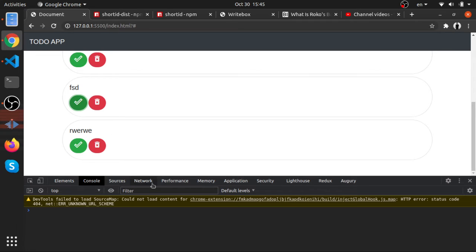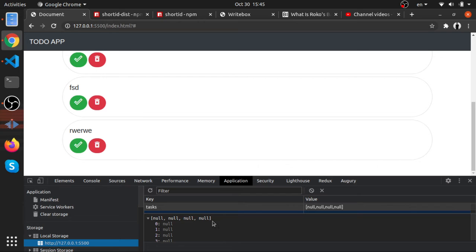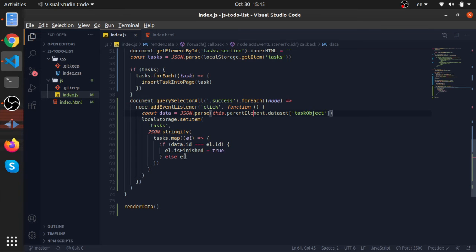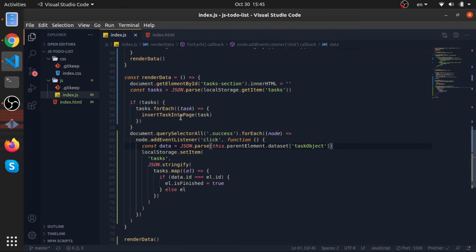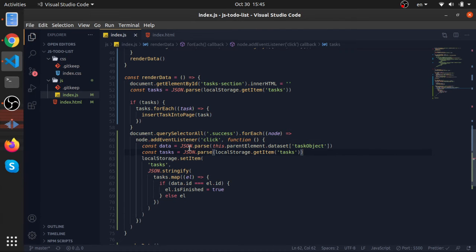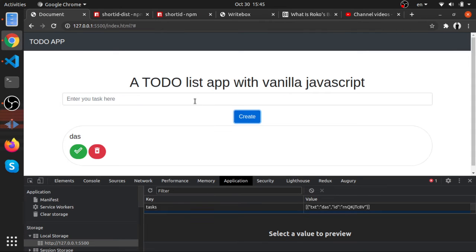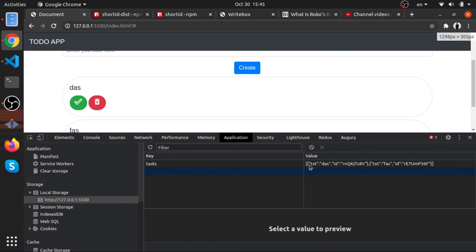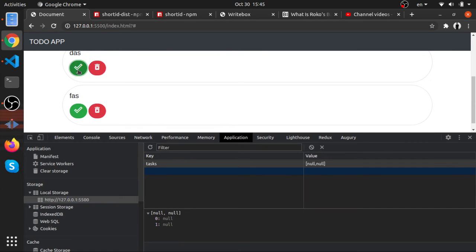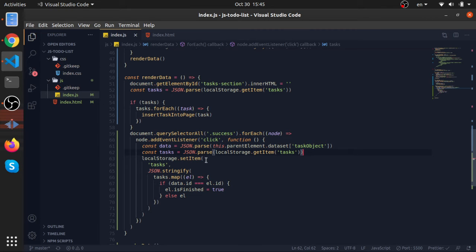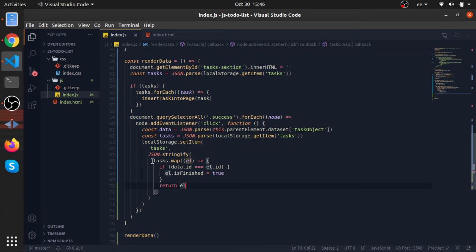Let's test it. So we clicked on this one, so everything is null. For some reason I messed up something. I think I need to do this again. So let's remove all of this, add some tasks. So we have these. Now click on one, null null. I think it's not else. I need always to return the element. I mean, I think this is confusing. So let's